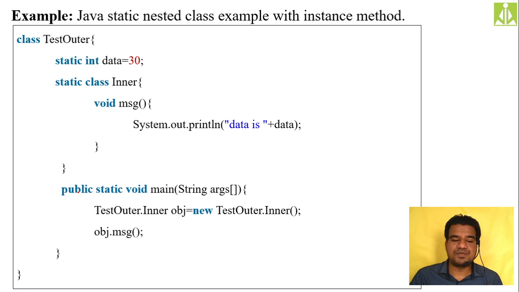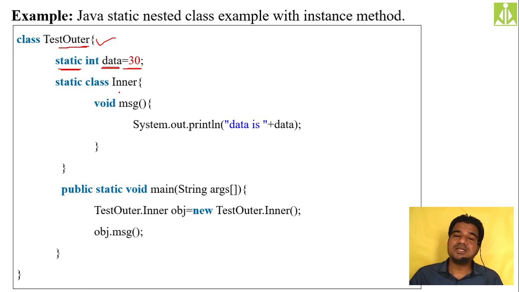So over here you can see I have written one class, and the class name is outer class, because we are taking two classes: one is the outer class and another one is the inner class. As you can see, my outer class is a regular class without any special keyword. Normally I have defined this outer class, and the name is TestOuter. Inside that I am keeping one default integer data member with the name data, and I have initialized the value as 30. And it is a static data member. It is a class variable.